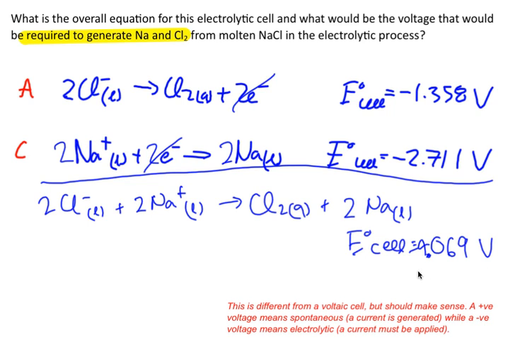That is the current I need to apply. I have to apply 4.069 volts. It's negative, meaning a current is required. Positive, spontaneous generation of electrical potential. Negative, electrical potential is required. So again, hopefully you see the process of determining the overall equation and the E0 for the electrolytic cell is